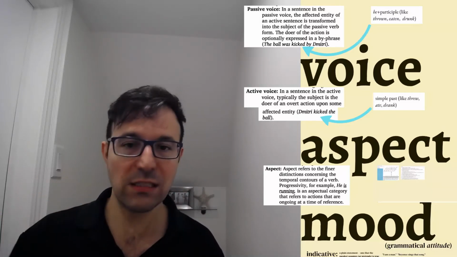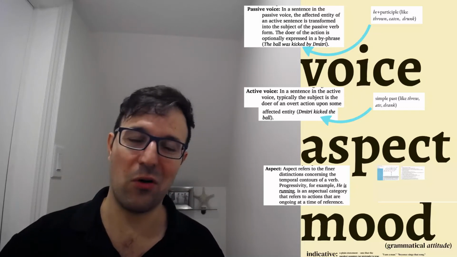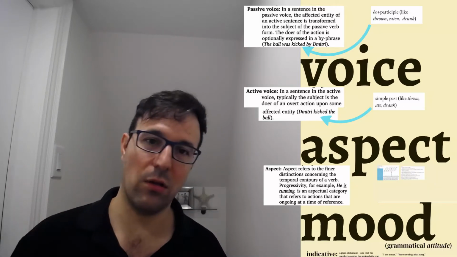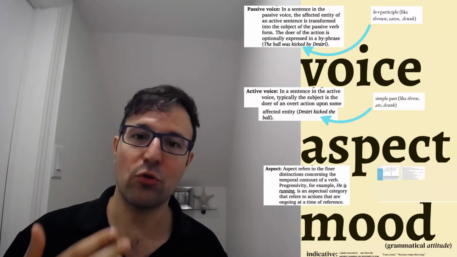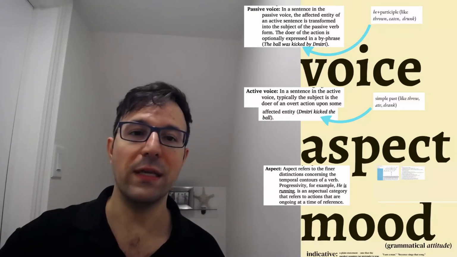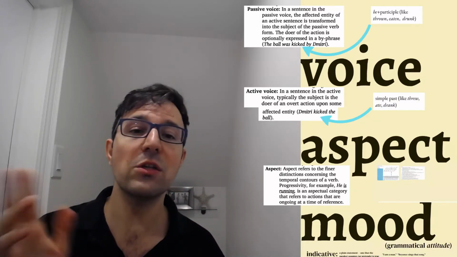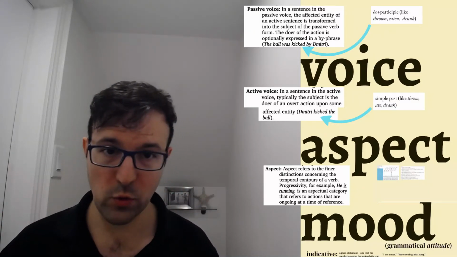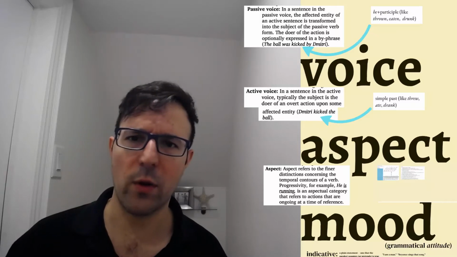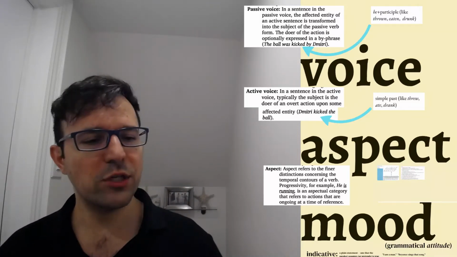So it's past progressive. Rather than Dmitry kicked the ball, where it's over, we're talking about Dmitry in the process of kicking the ball. Dmitry was kicking the ball, right? It's the past progressive. The past habitual would be Dmitry used to kick the ball. You don't need to know all the aspect terms I'm going over so quickly. We might also call that imperfect, by the way. I only ask that you have a broad sense of what aspect is, if only to appreciate our prior